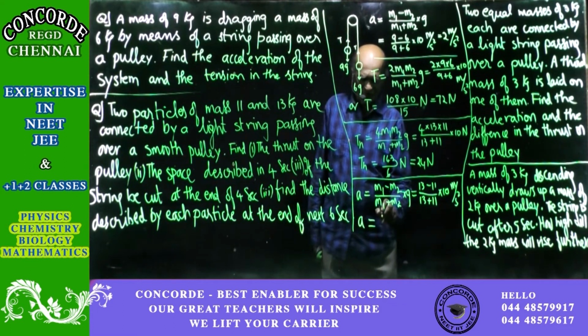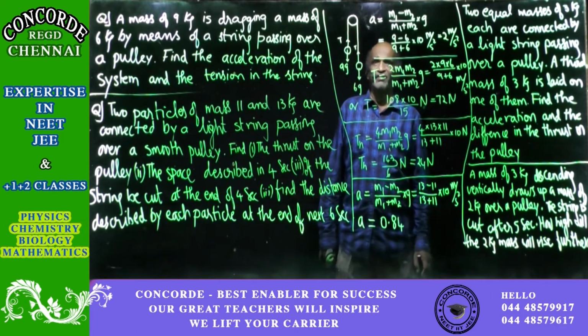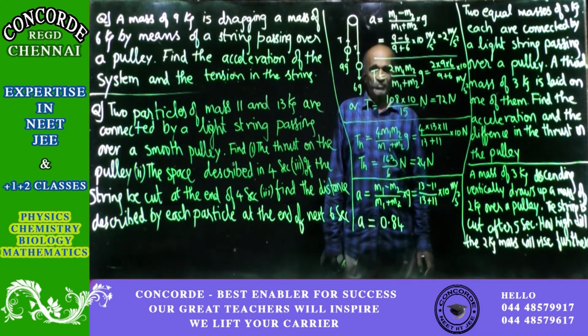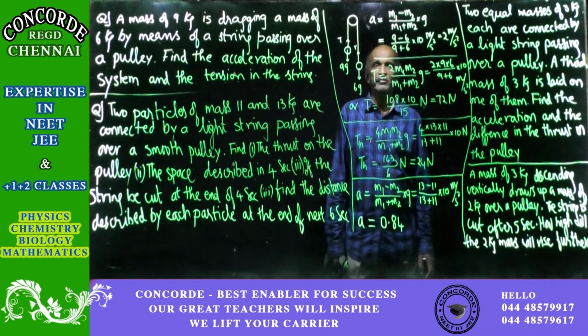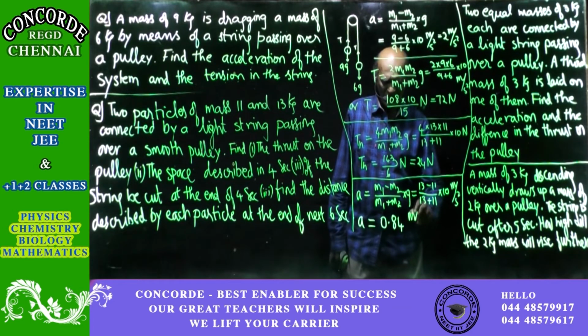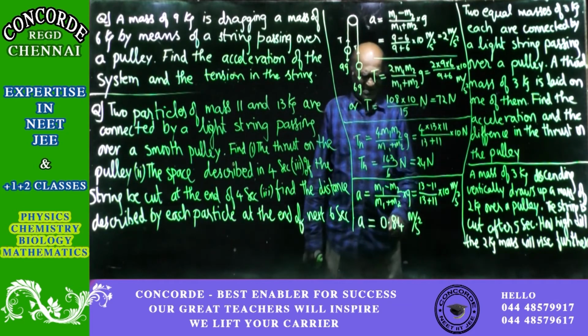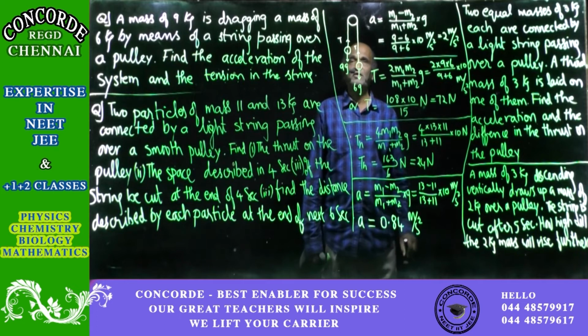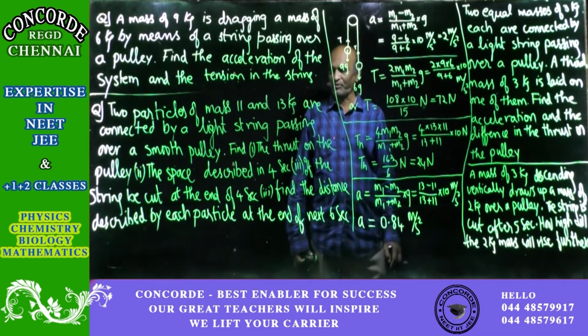So it will be equal to 0.84 approximately. And you all know how to do the calculations first. I have explained enough about it. So before I get the answer, you should be able to do that calculation in your mind, so that when we see the final answer, you will feel happy. Not only that, solving problems finally, that is the NEET examination, will become very easy for you. So this will be 0.84 meters per second square. So any answer that is closest to it, select it. So this way you are going to solve the problem fast.